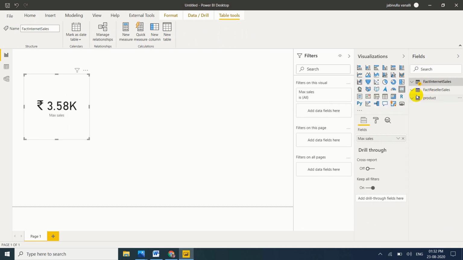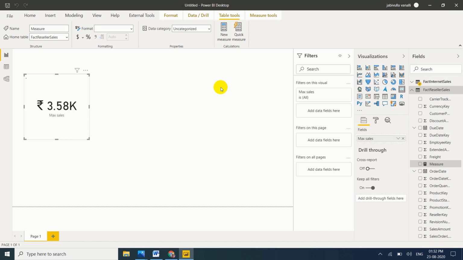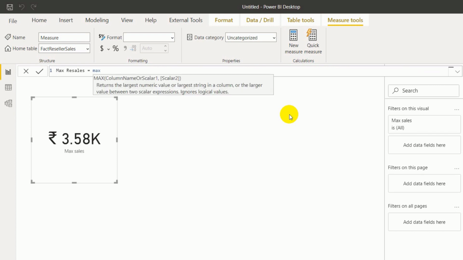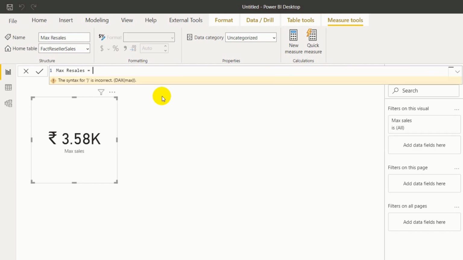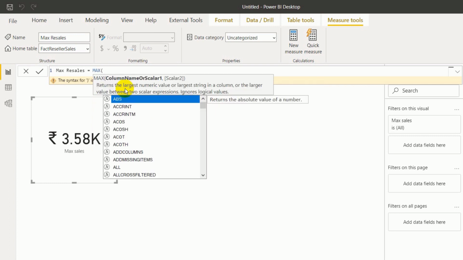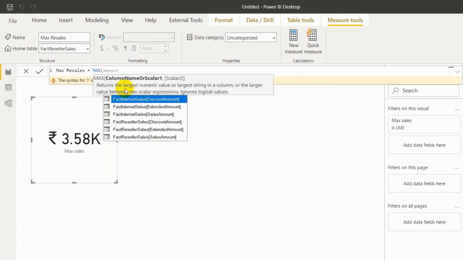New measure. This is the reseller sales amount, that's the reason why I mention MaxResales. My measure name is MaxResales, for better understanding. MAX of SalesAmount from FactResellerSales.